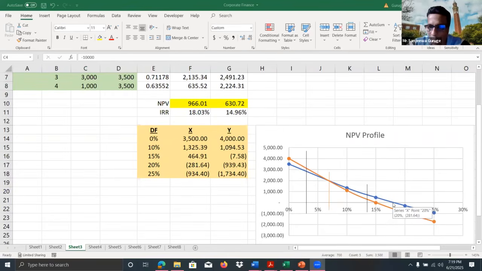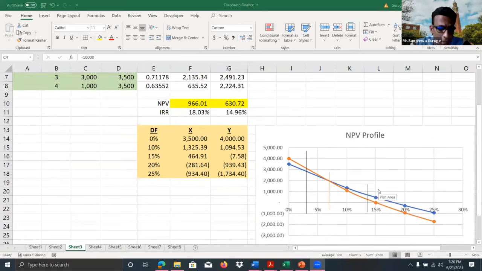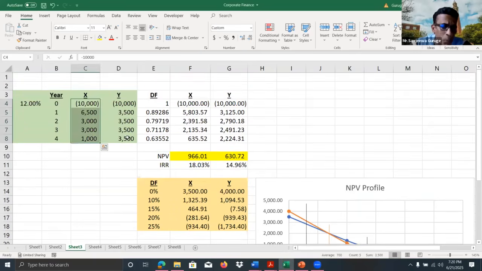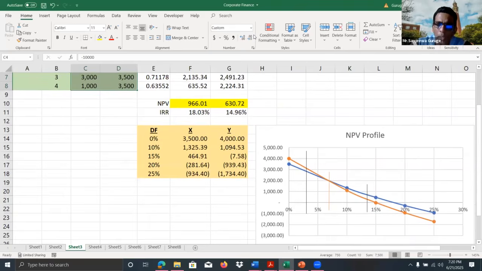So we need only two values to draw this roughly, only 2 points. What is the NPV at 0 cost of capital? What is the IRR? Using these 2 points, we can easily draw. So for 2 projects, we can easily draw this to see whether there can be a conflict. This is one good technique to compare different projects. There can be a conflict when the cash flow patterns are different, right? So, as you mentioned earlier, here there is a possibility to have a conflict.